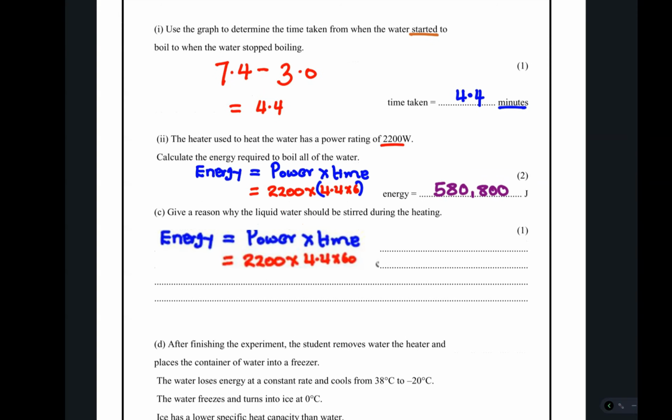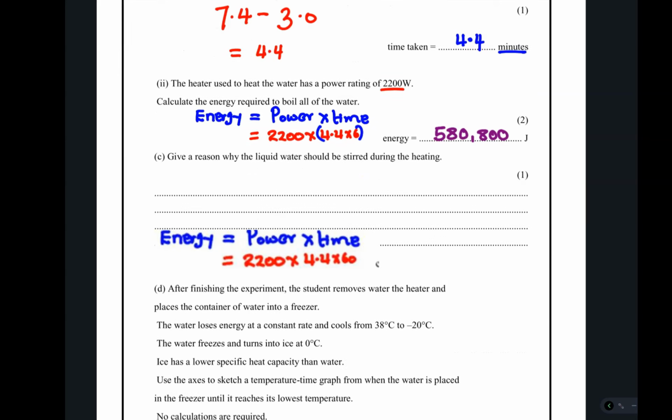Give the reason why the liquid water should be stirred during the heating. Remember, we need heat distributed throughout the entire liquid, so that when you are measuring the temperature, it can give you an accurate answer, which means you can determine that the heat has been distributed in this liquid. So in order to ensure that, we stir the liquid so that the heat is uniformly distributed